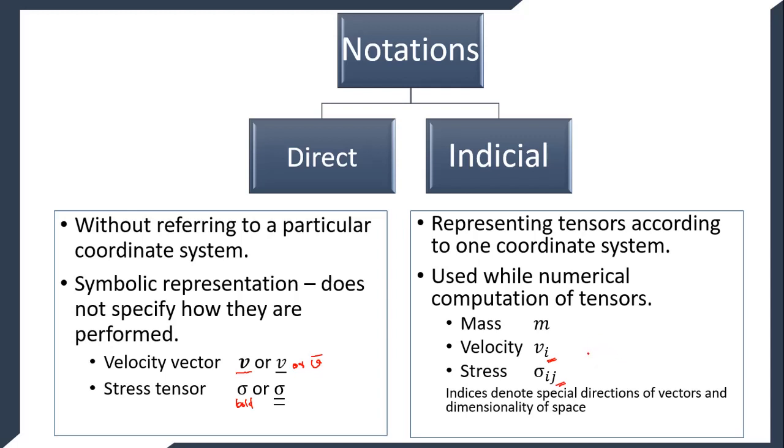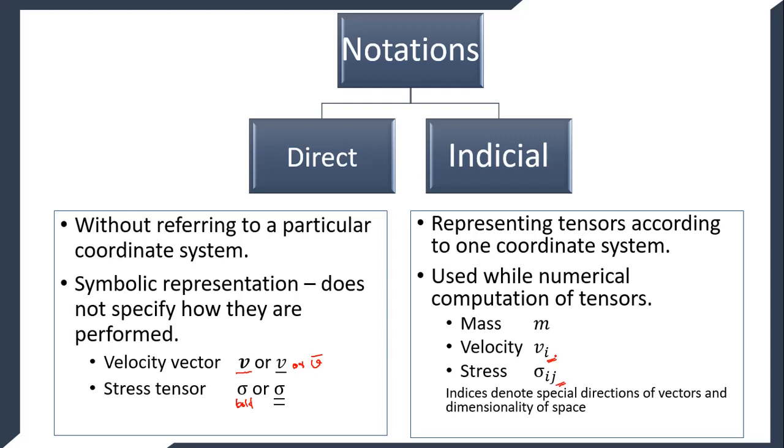There are different ways in which we can write the indexes. We will come to that later. We will use indexes to denote dimensionality. Therefore, mass, being a scalar, is non-dimensional, so in indicial notation it doesn't have any index, while velocity is a linear vector, so it will have one